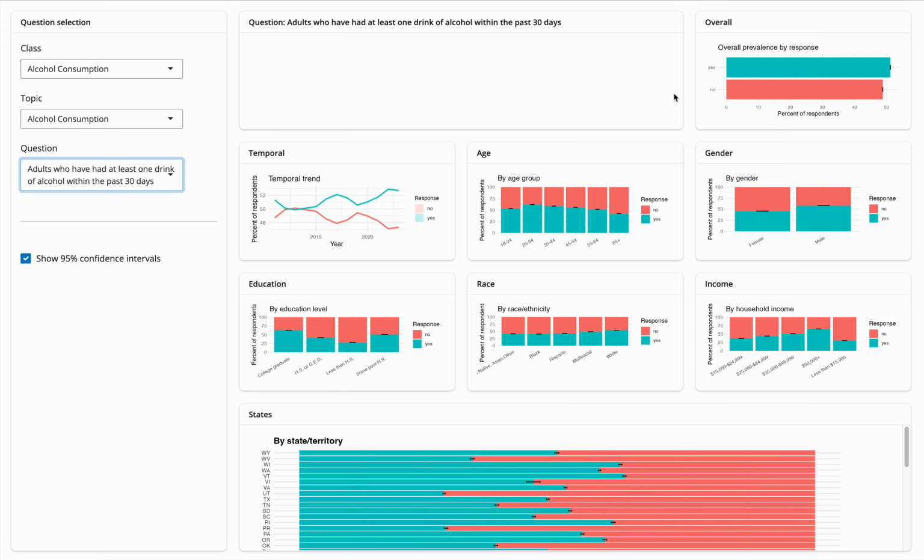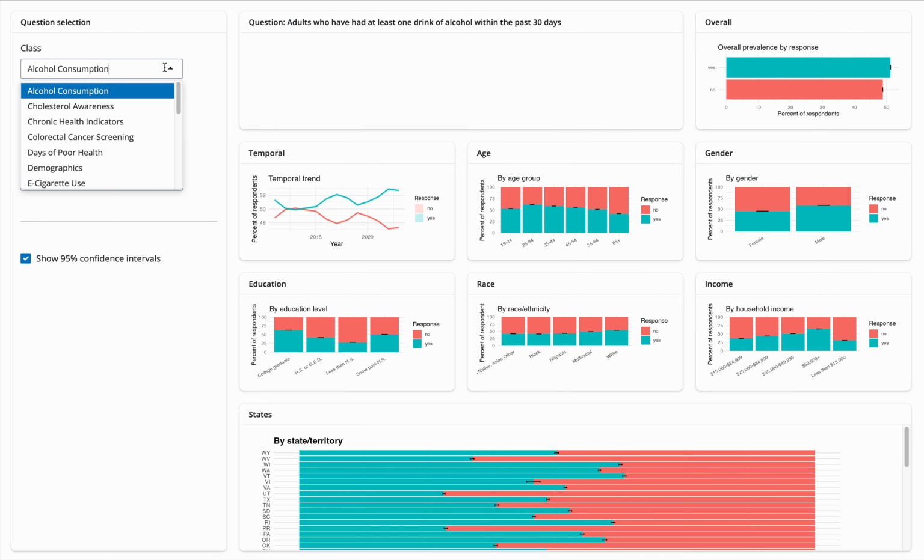I took the skeleton code off of the class Canvas page and made some edits. As you can see, we have the confidence intervals over here on the left side. You can check and uncheck them to see the confidence intervals for all the different categories. That is also no longer referenced by a question ID. Now you can choose the class of the questions.